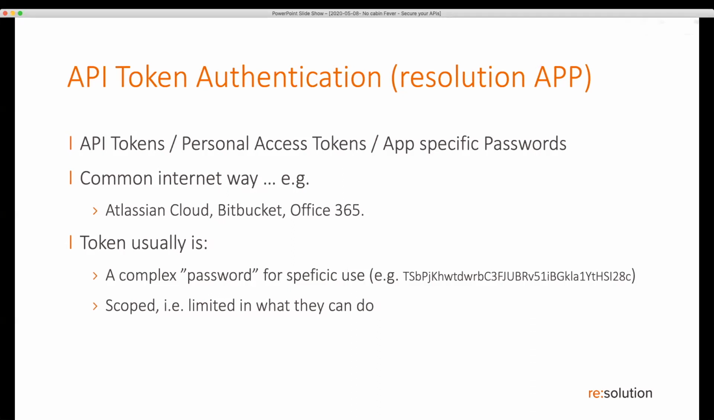For example, I pasted one of the tokens that we generated. You see this very, very long string here. What also makes it nice is that it's usually scoped. What's meant with that is that it's usually limited in what it can do. Think, for example, read only, or think it can only be used from certain sources, IP addresses, for example, so that